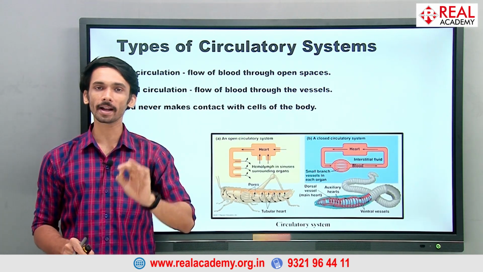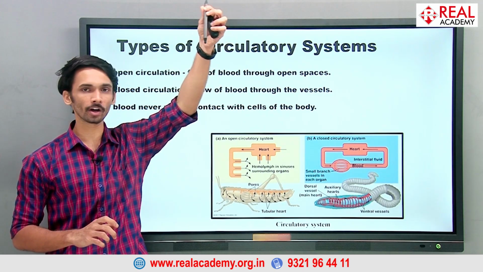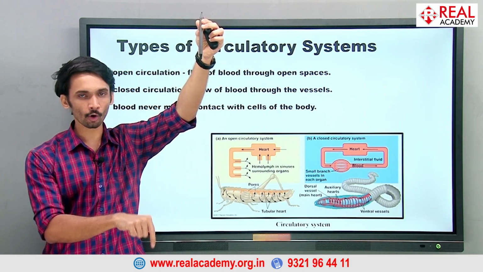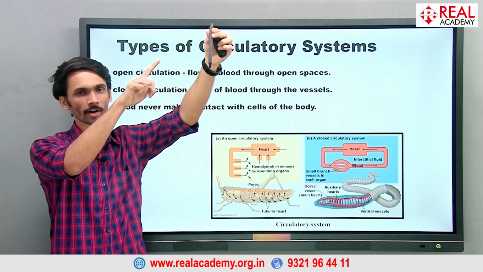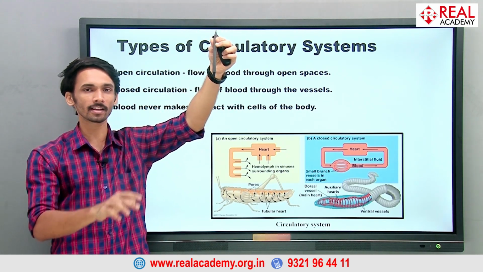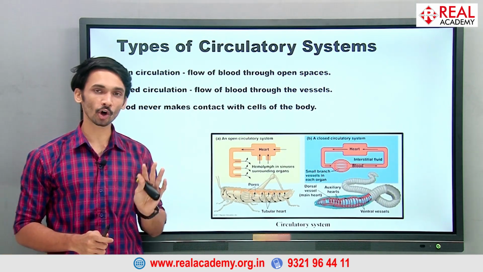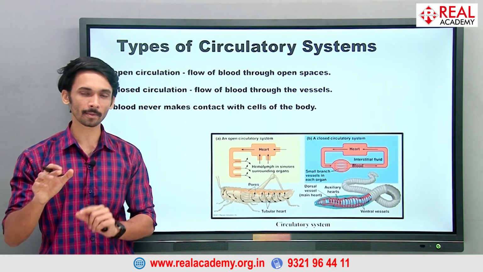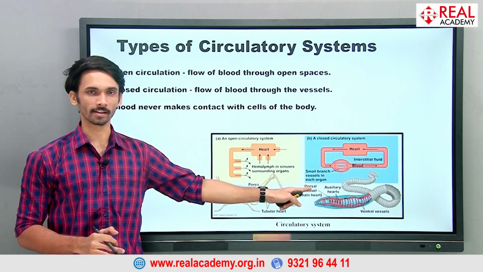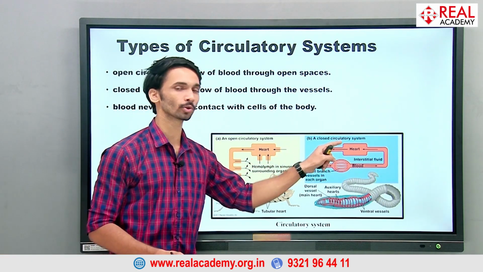Those blood vessels are inside our body, because of which, whenever you are held upside down, your blood will go to the head as your head is downside. Then again that blood will flow towards the upward side, again downward side, again upward side, just like what happens normally whenever you are standing upright. So that's how your body has a different system from which the blood is flowing, and that system is a network of blood vessels. As your blood is closed within the blood vessels, therefore your circulatory system is known as